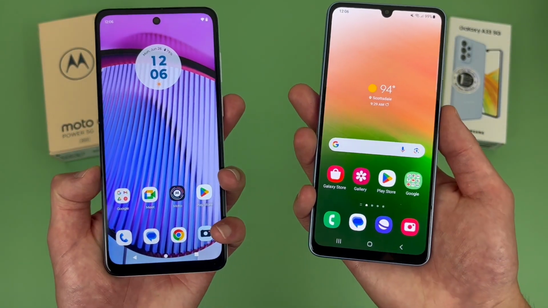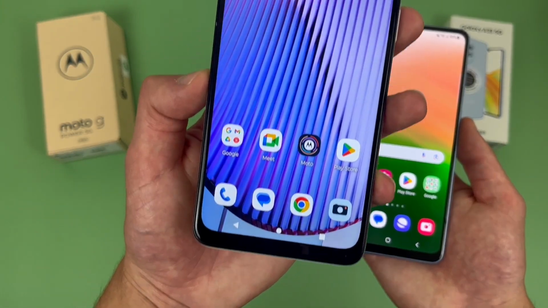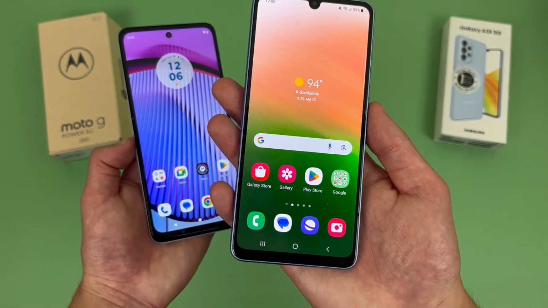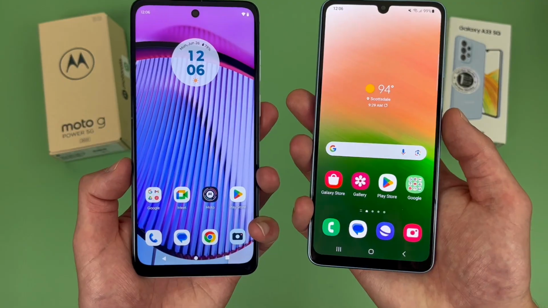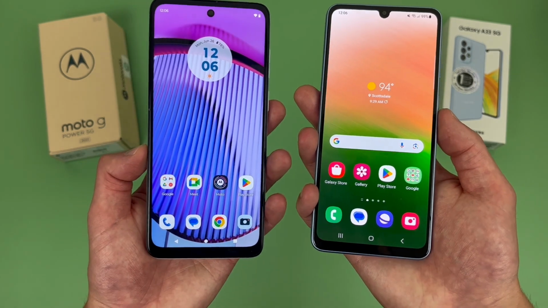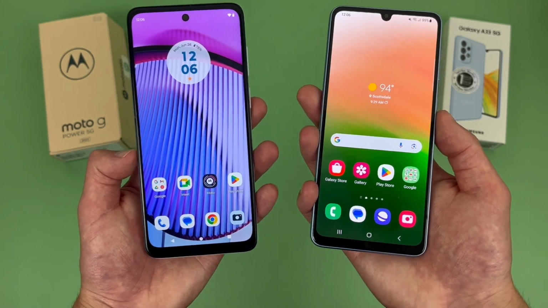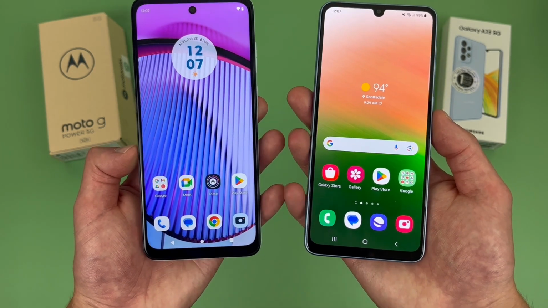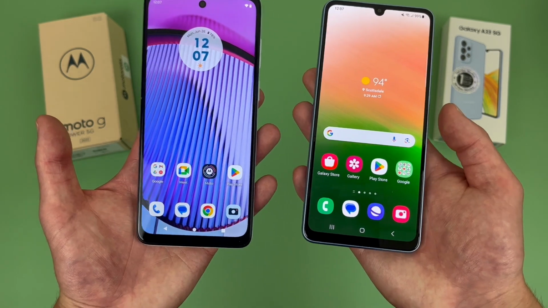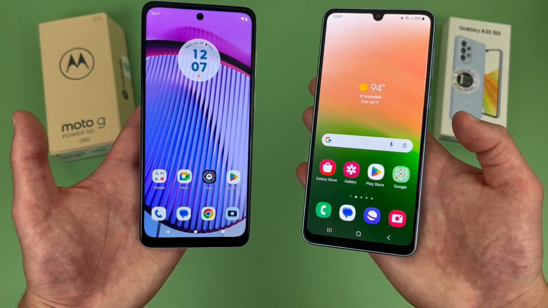Now when it comes to RAM and processor, with the Moto G Power 5G, we're getting 6GB of RAM with the MediaTek Dimensity 930 processor. With the A33 5G, we're getting 6GB of RAM here as well, with the Samsung Exynos 1280. So in general, when it comes to performance, both phones are pretty good for what they are, considering these are more affordable mid-range devices. Definitely don't get them expecting flagship level performance, but at the same time, for what they are, the performance is pretty good, and for average daily use, stuff like social media, web browsing, streaming content like videos and music, and maybe some light mobile gaming, for things like that, either phone will get the